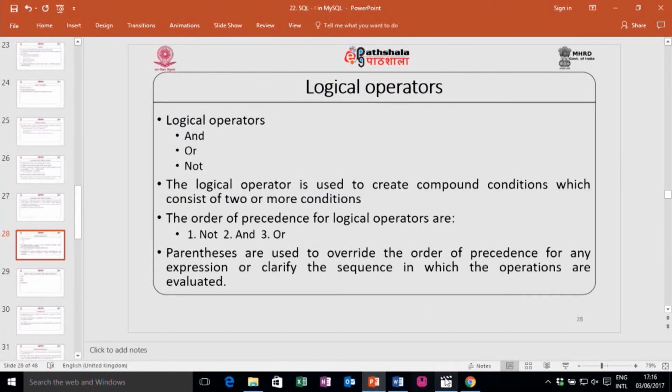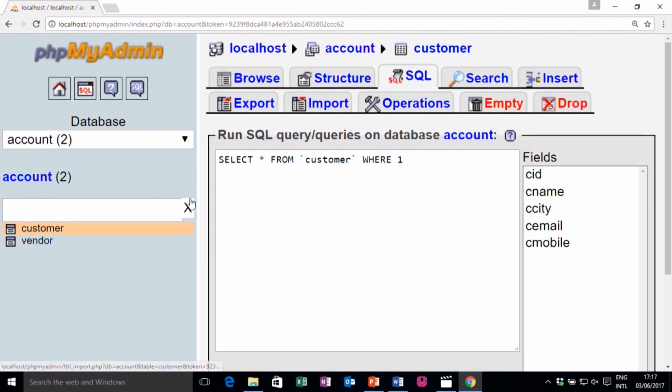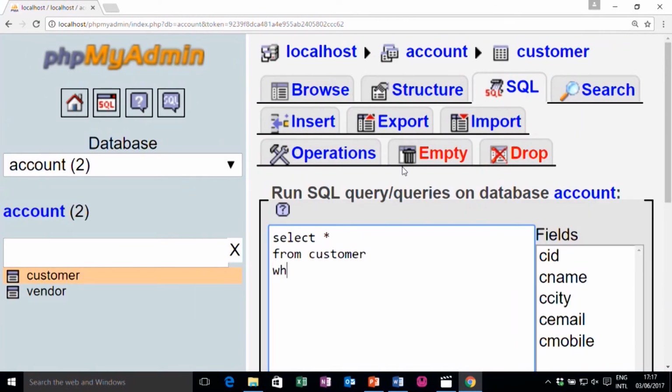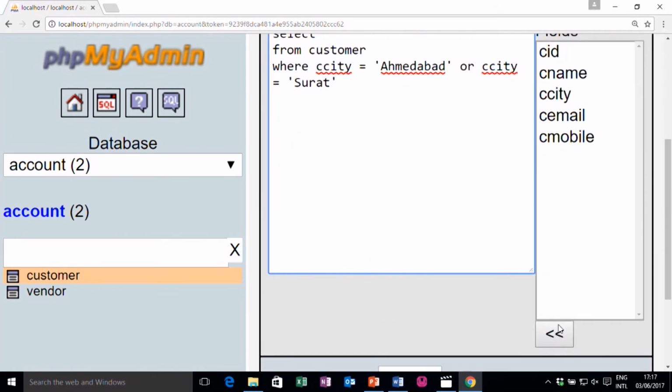Let me take a very simple example. Say, if I write select star from customer where customer city is Ahmedabad or customer city is Surat, that means it will take only those records where customer city is either Ahmedabad or Surat. So, when I click on the go button,